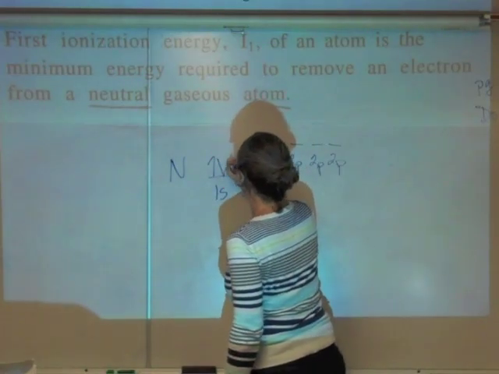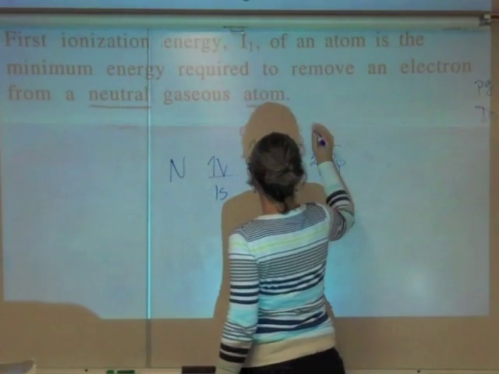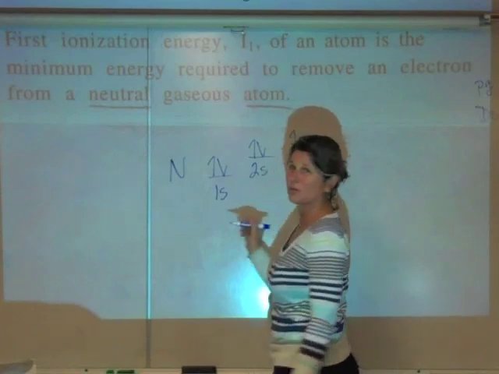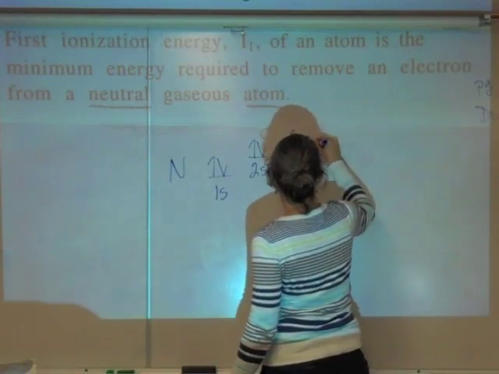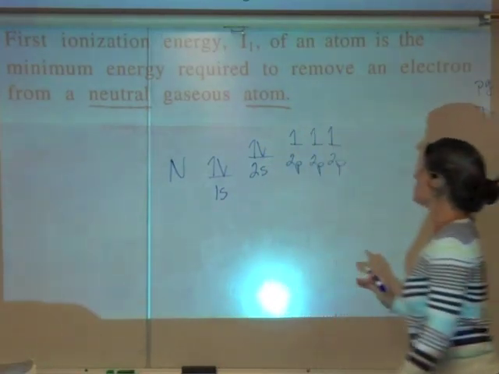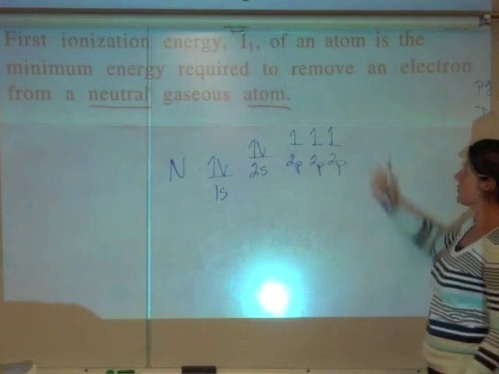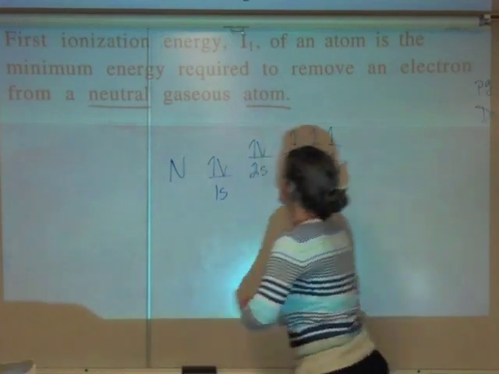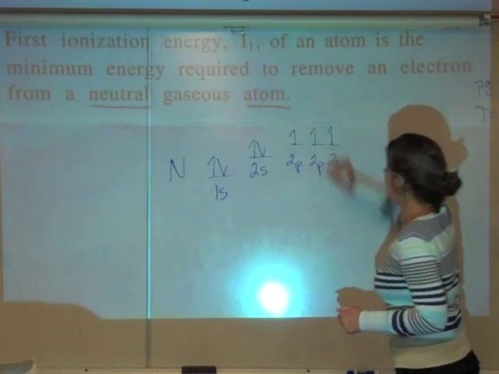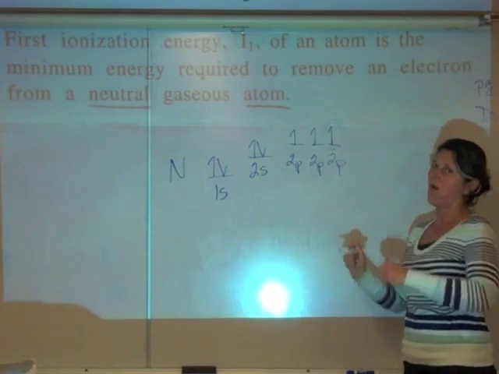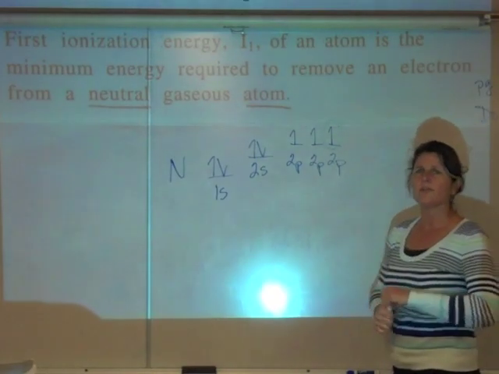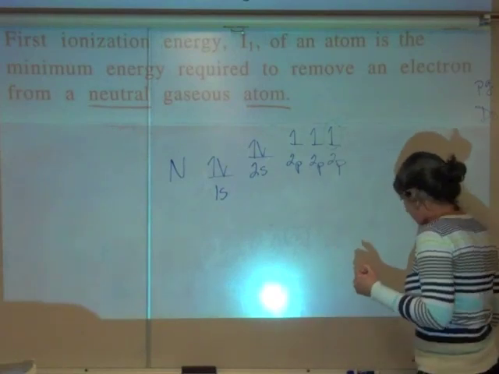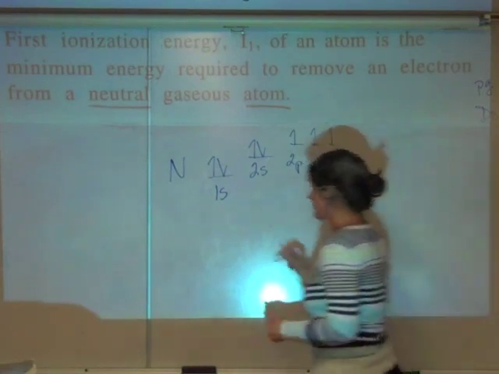So 1s2, 2s2, and then we have 2p3. When we're talking about the first ionization energy, we're talking about removing that electron right there. If we're talking about oxygen,